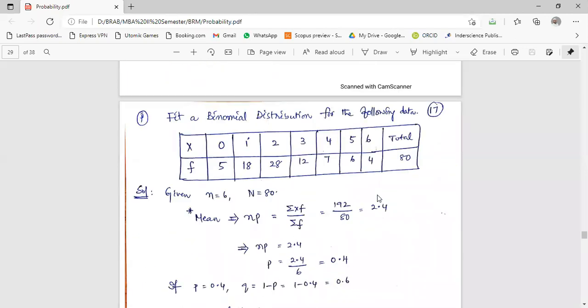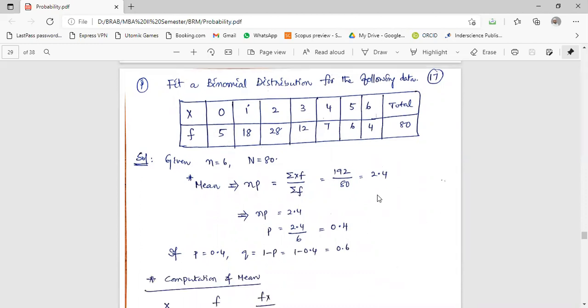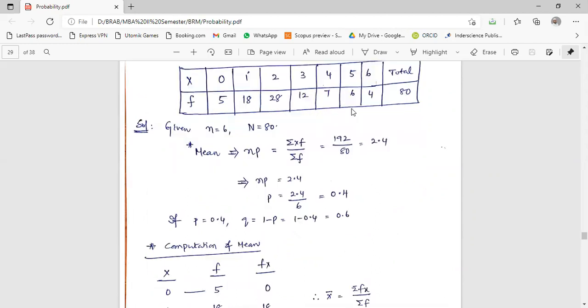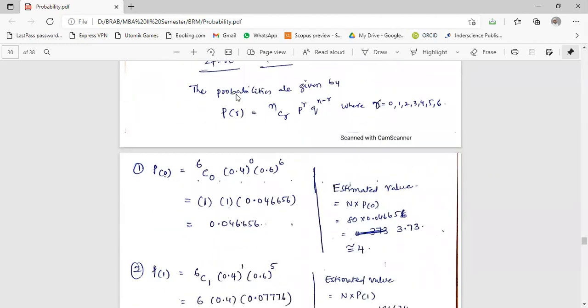Whereas in the case of previous problems, you were supposed to solve only the probabilities asked in the exam. I mean, he might have asked what is the probability of getting 0 head or 4 heads or 2 tails, so you calculate that only. But here you have to calculate all the probabilities. You have to calculate P of 0, P of 1, P of 2, P of 3, P of 4, P of 5, P of 6, like that. So you know the formula: P of r is equal to nCr into p power r into q power n minus r, where r is equal to 0 to 6. So you have to solve all the probabilities.